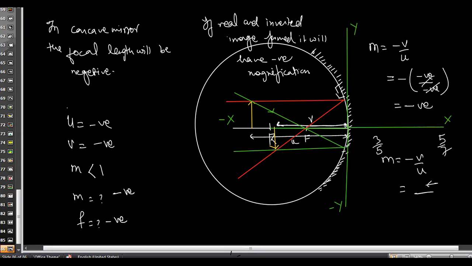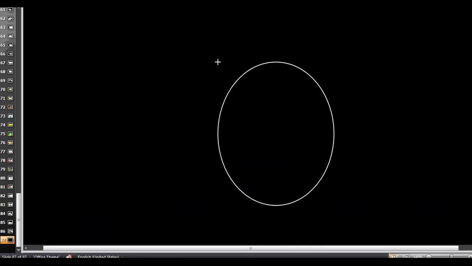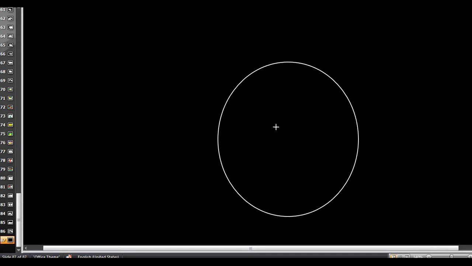Let's move further. So if you have a circle again, which means a mirror, you have a convex mirror, and if you have this as a... okay, so tell me,